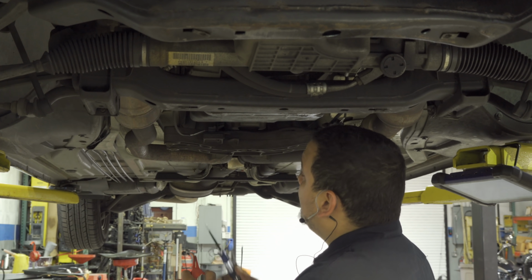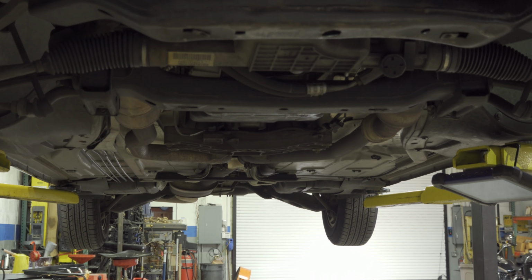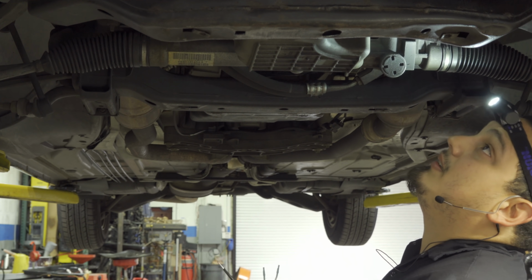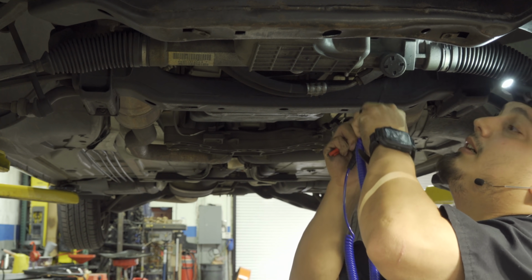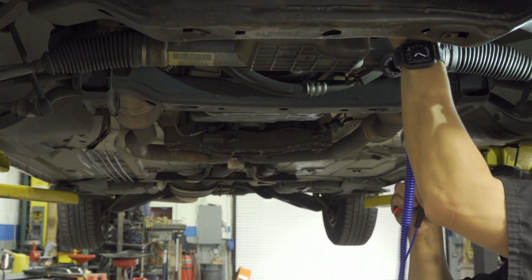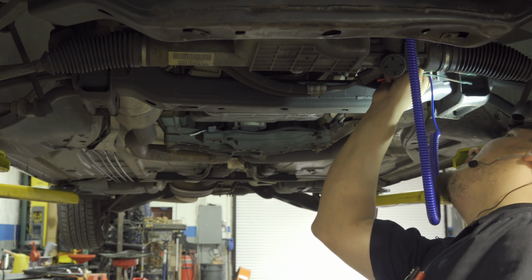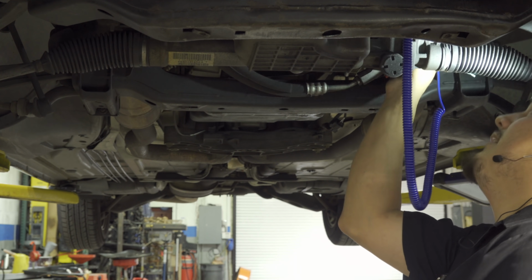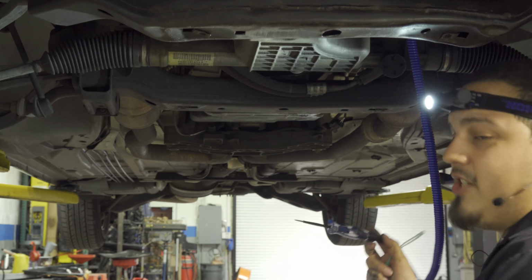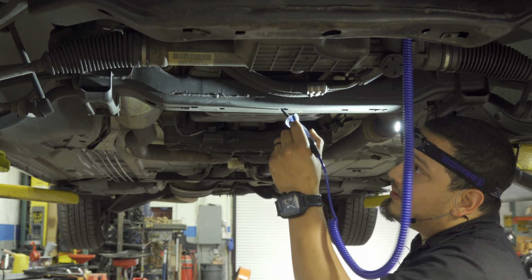Yeah. And I want to test my test light, so I've got the starter down here somewhere. And I'm just going to ground my test light here somewhere on the engine, and I see my starter. You guys won't be able to see this, but I'm just simply touching the starter positive to check my test light. So it is good, we have a good ground, and I'm going to